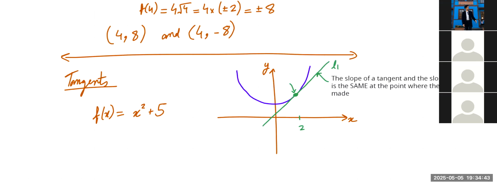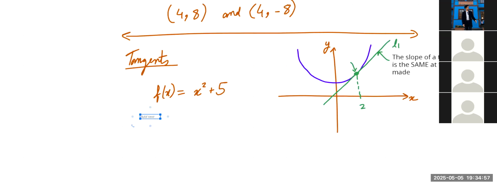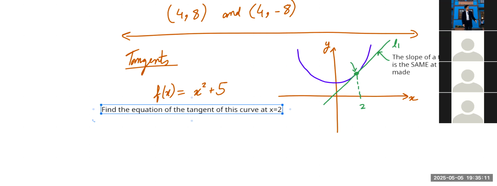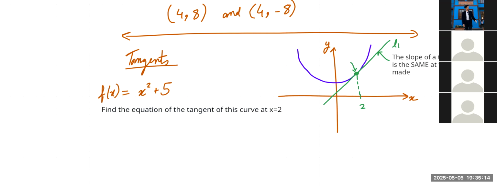The slope of this L1 line will be the exact same as the slope of the blue curve at x equals 2. Okay? So that's basically the main idea. Now, let's say the question says, find the equation of the tangent of this curve at x equals 2. Most students get super confused with these questions because there's so many words. All you have to do is, whenever you want to find the tangent of a curve at a certain x value, the first thing you need to realize is that the derivative of the function